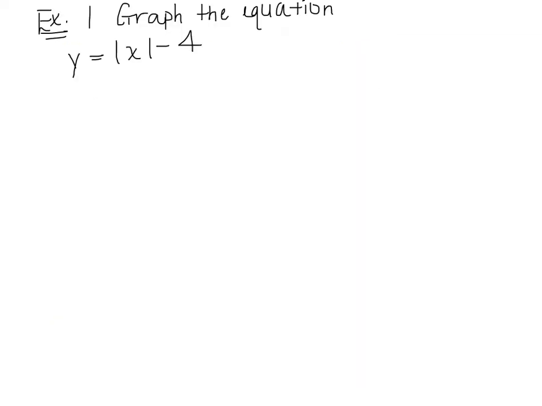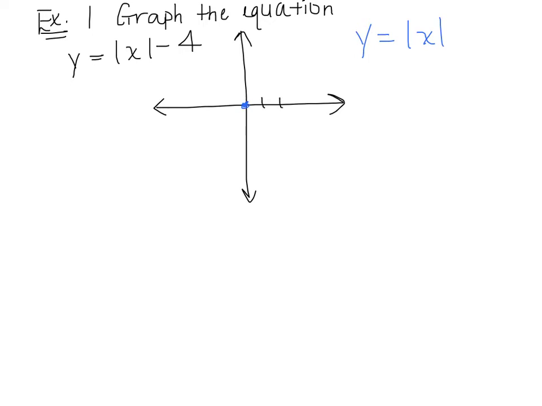Okay, we'll start off with this graph, and we're going to use transformations. What we're going to actually do is start off with our basic parent graph, is what we call this. Y equals the absolute value of x. If you notice, we don't have an h or a k. So that means that our graph starts at 0, 0. And I'm going to graph the parent graph for the V, or the absolute value,